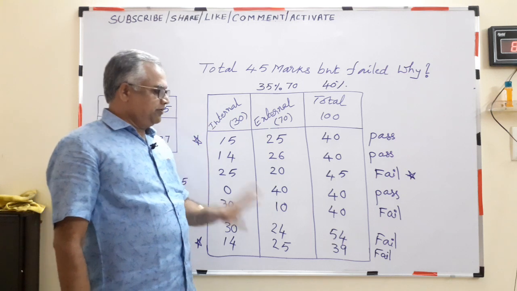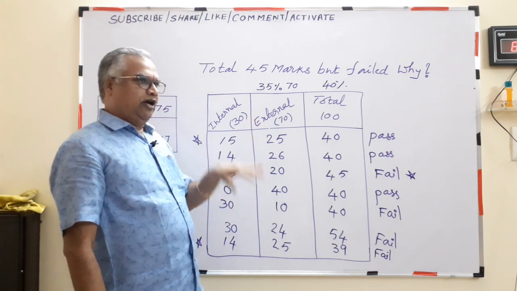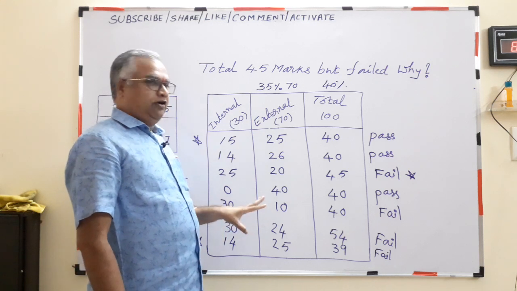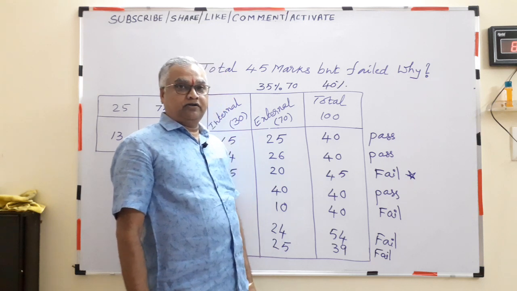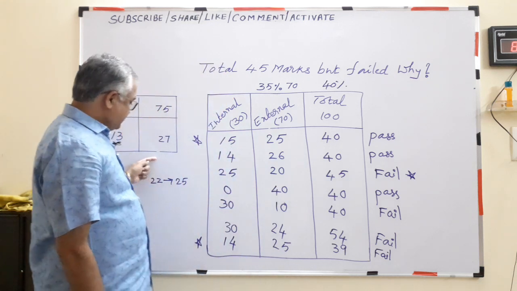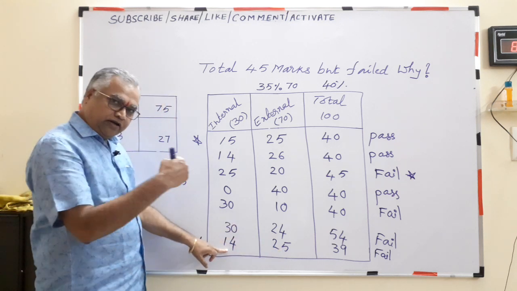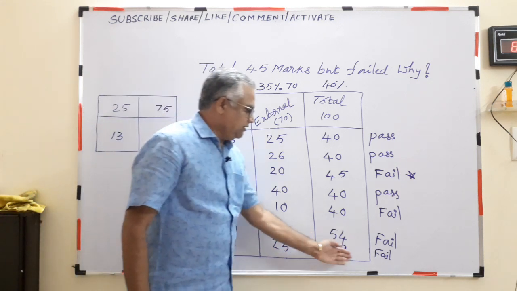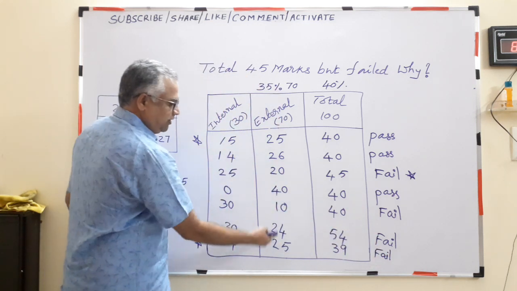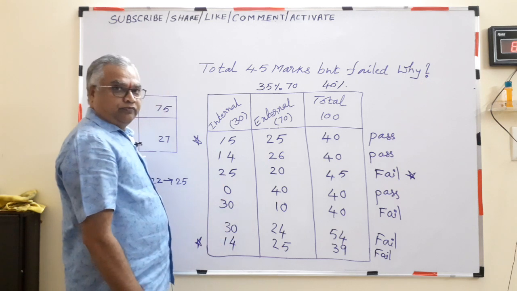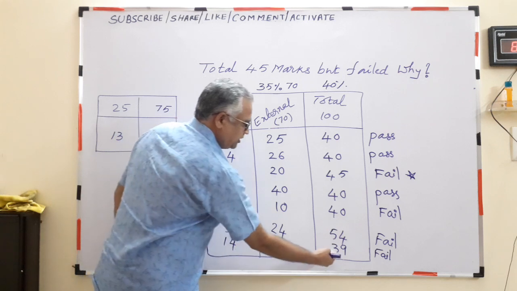Unnecessarily, 90% of the students will start shouting, scolding the evaluator, calling him a useless fellow, saying he failed me just because of 1 mark. But where is the fault? 3 marks were added, so you got 25. Your internal marks are 1 mark less. That's why 39, fail. So what are your internal marks? The external evaluator doesn't know. But 3 were added, you got 25, but the total is less than 40, fail.